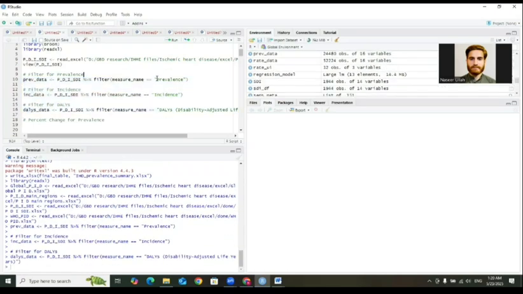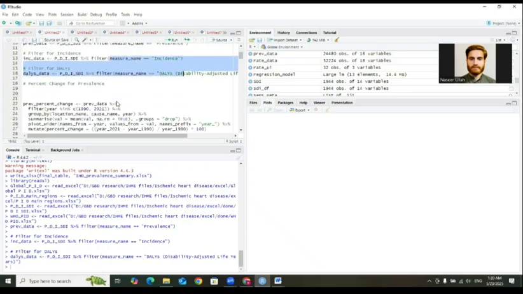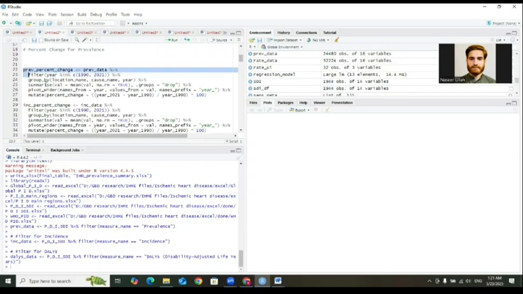As you can see here in this code, only prevalence is taken from the column measure name. You can view the data, the column name is measure name, and the data which we are taking is only prevalence. Then the next is measure name and incidence, similarly measure name and DALYs. Now we will calculate